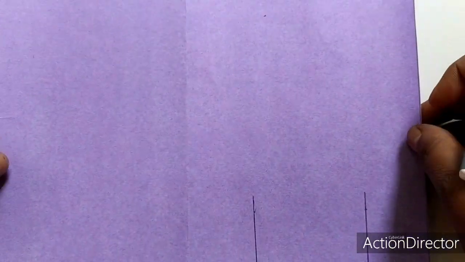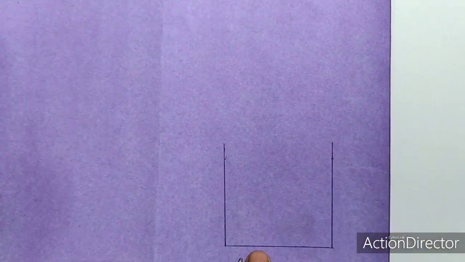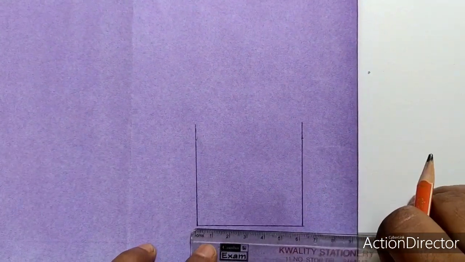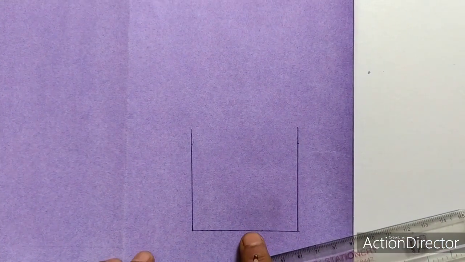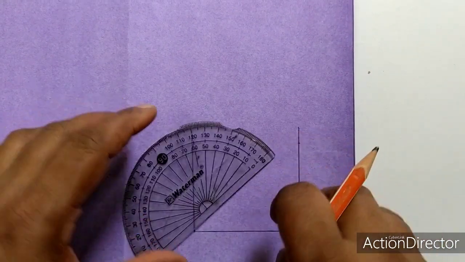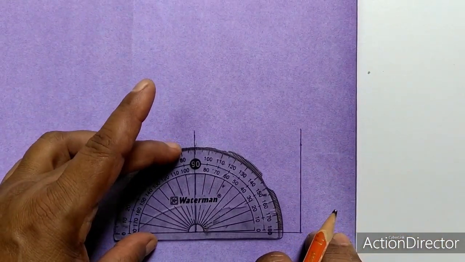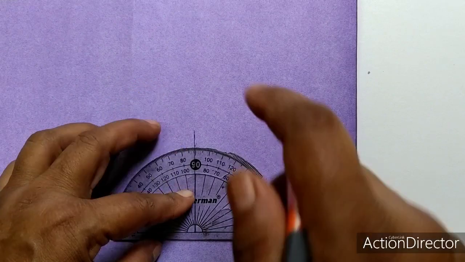So for square based pyramid we need first of all one sheet on which you are going to make this one. Okay, any color sheet you can take. After that you have to draw a square of any dimension. Here I have already taken the measurement of this side as 6 centimeter. Then after making this first line as 6 centimeter, or you can take any, you have to make a 90-degree angle with the help of protractor. Mark it as 90 degree.